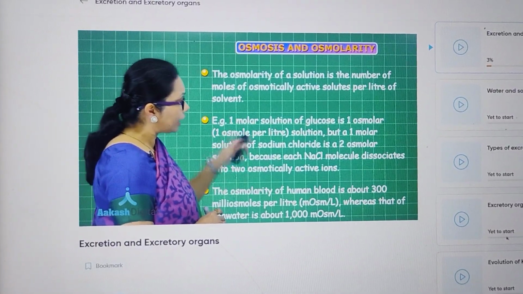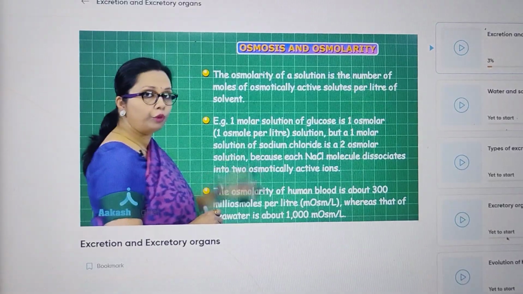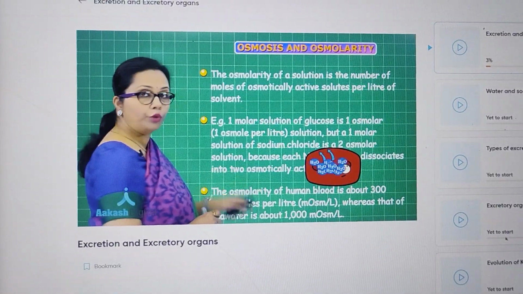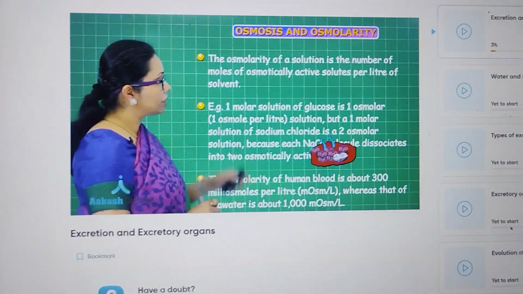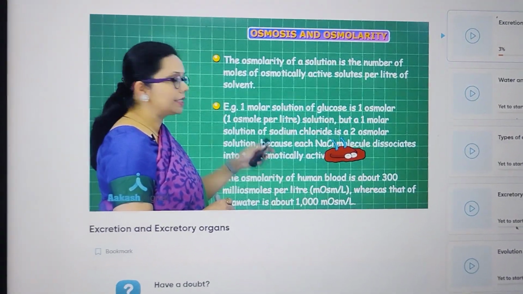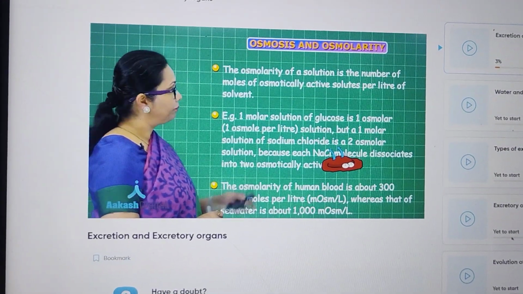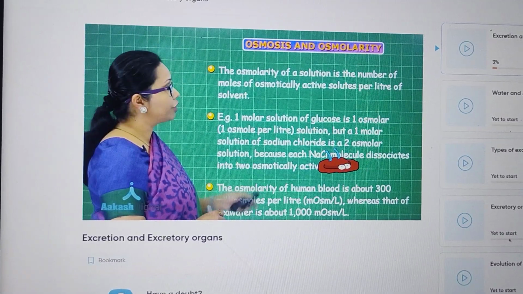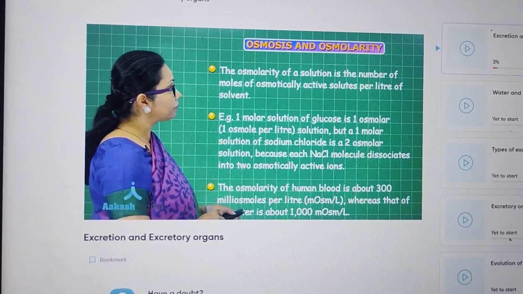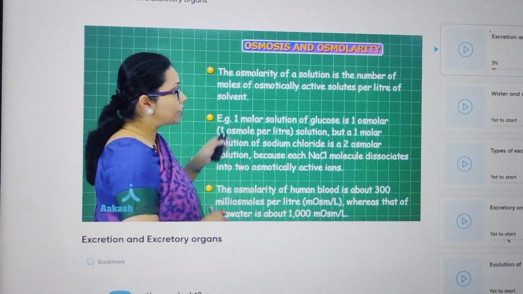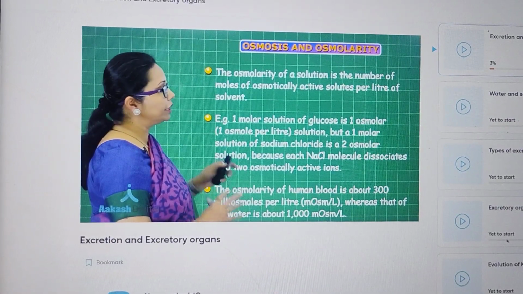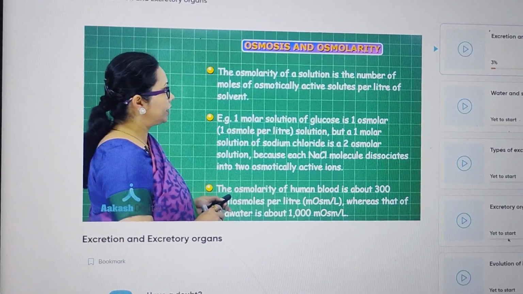So you can easily compare that seawater has very high osmolarity. That is why if our cell is put in seawater, what is going to happen? It is going to shrink because water from inside the cell will move out. So there is going to be exosmosis. Now this part is of course very important in maintaining the integrity.